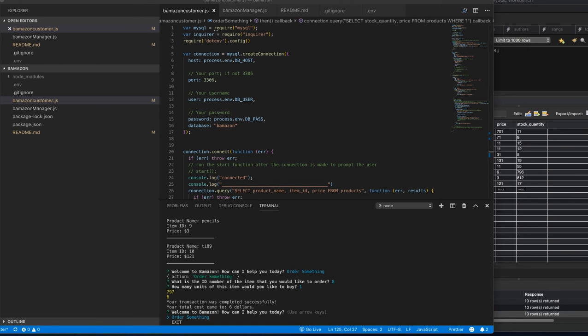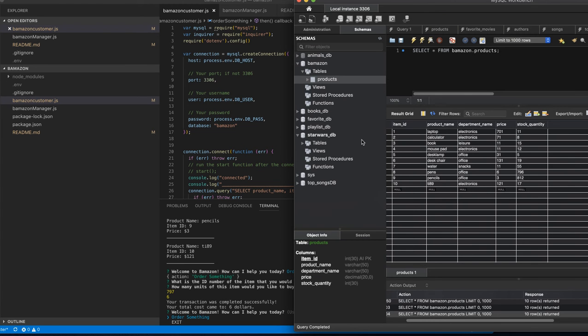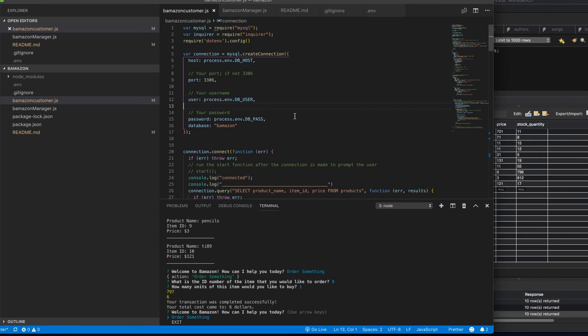Hello all, I'd like to walk you through the customer view of my Node.js and MySQL purchasing app here. So the first thing I did was create a database in MySQL. You can see my Bamazon database with a products table that has columns of item ID, product name, department name, price, and stock quantity. The item ID column is the primary key,